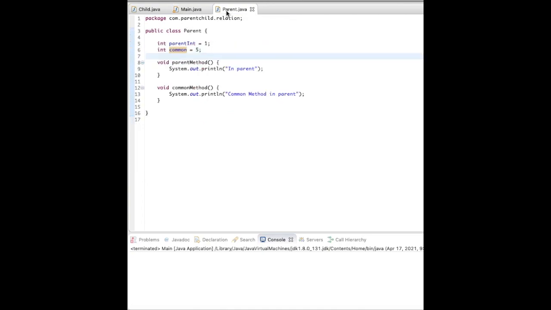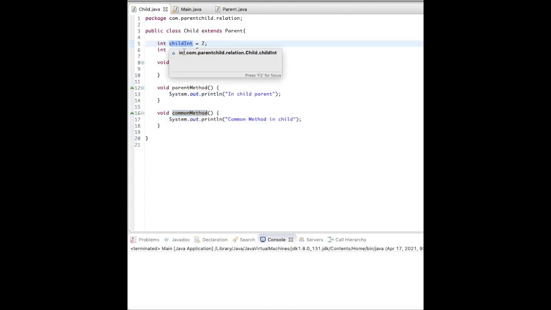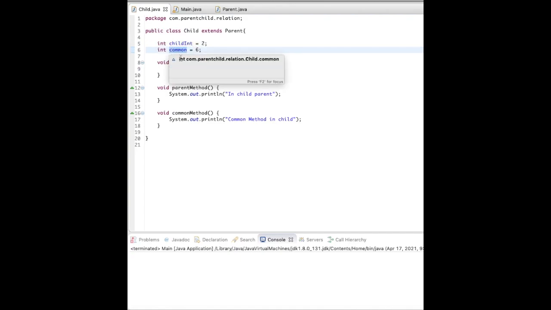Now in the parent we have two variables, parent int and common, and two methods, parent method and common method. They are printing "in parent" and "common method in parent". Now in the child I have two variables, child variable and common variable, and the child method, parent method and common method.